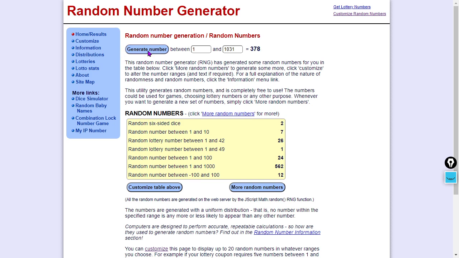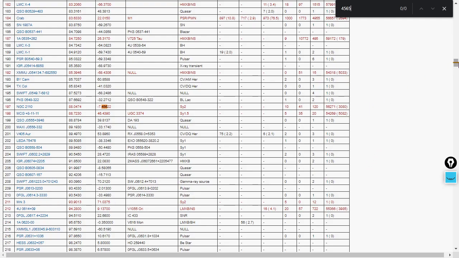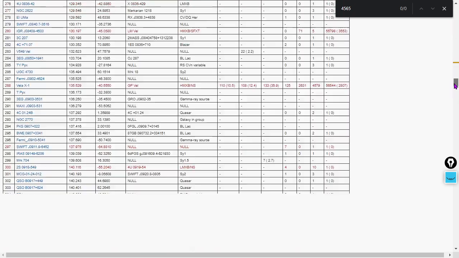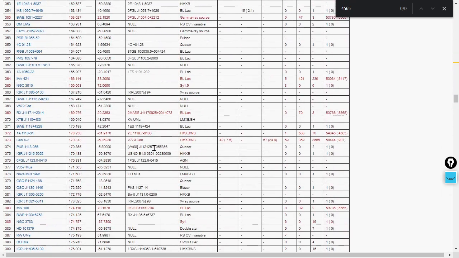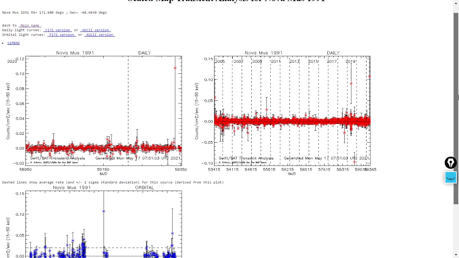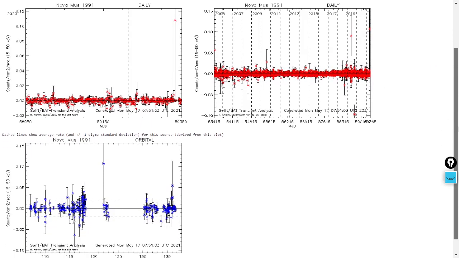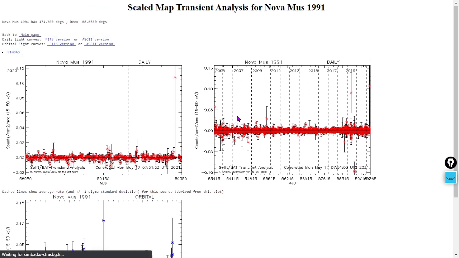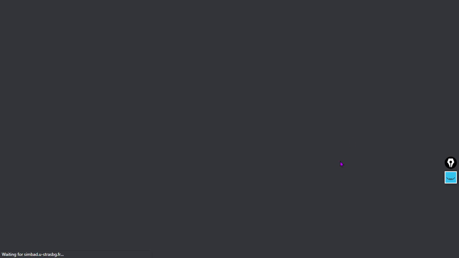Let's pick a random number and look at another object. Today's random number is 378, which coincides with something at the Neil Gehrels Swift-BAT X-ray Observatory. 378 is Nova Mus 1991, a low-mass X-ray binary / massive radio source believed to be a black hole. Here are the X-ray transient outputs from that, and we'll take a look at it visually